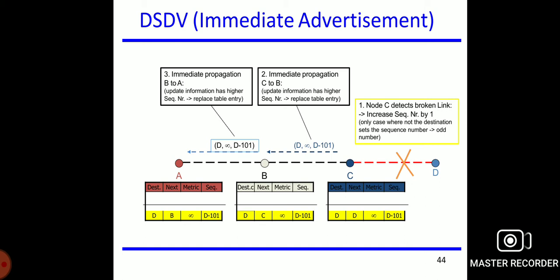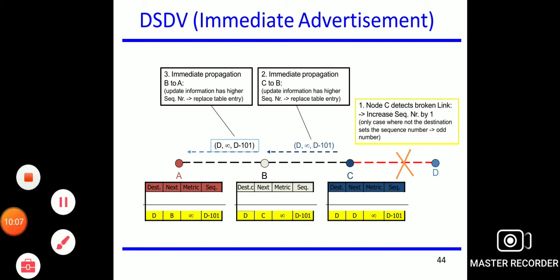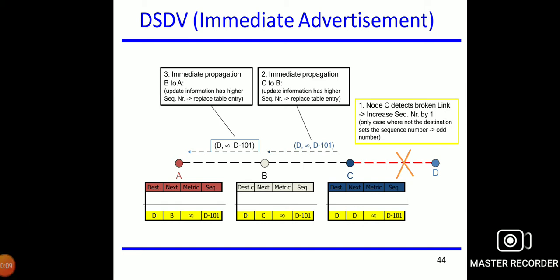A receives from Q and updates D 14 D102. The entry for D in A, with the next state, is D, then Q, 14, and D102. A must propagate this route immediately. This can happen every time D or any other node does its periodic broadcast, and leads to unnecessary route advertisement in the network. So it is called fluctuations.